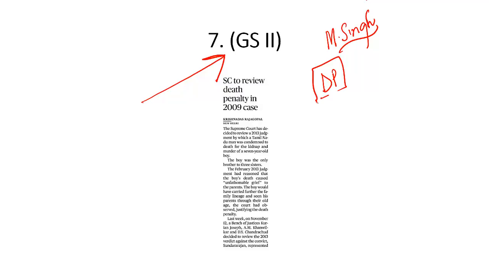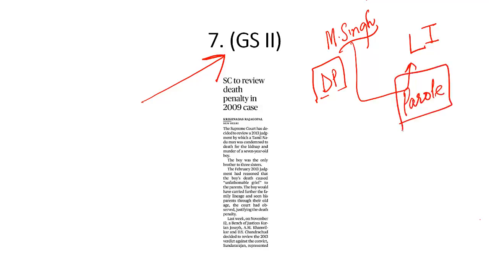But then he challenged this verdict in the Supreme Court, and the Supreme Court said, no, this is not the rarest of the rare case, so we will give you life imprisonment. And Maninder Singh was serving his time in jail, serving his life sentence. Suddenly what happened? Maninder Singh was released on parole, where for a few days or a few weeks you can be released on the basis of the directions issued by the prison authorities. So while Maninder Singh was on parole, he killed the same daughter he had raped as well as his wife.